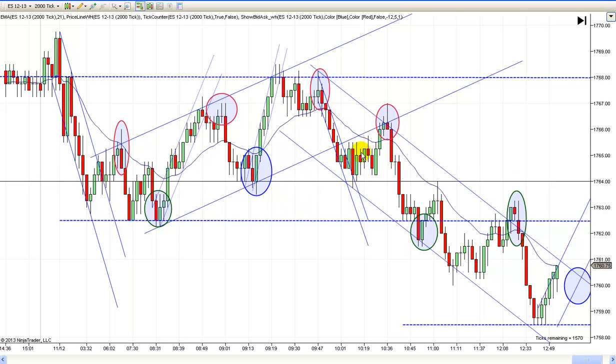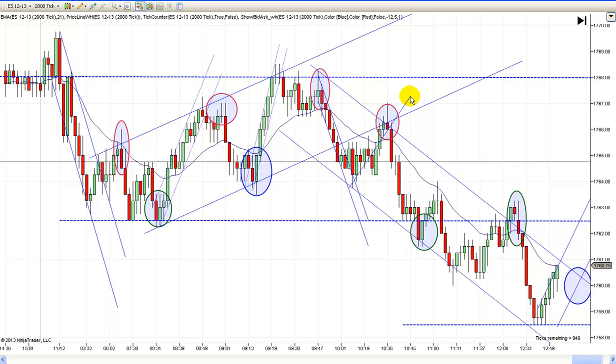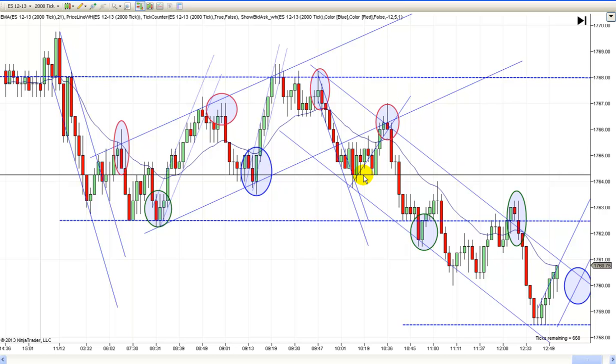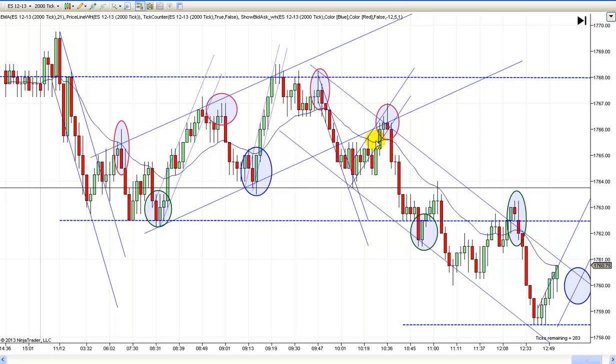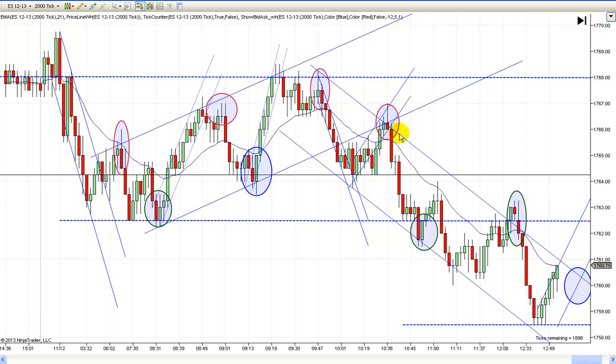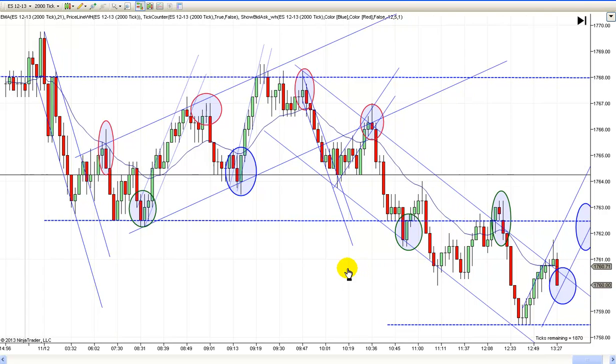You get the break, the retest, and then you get a couple legs up. And then, of course, you've got to draw one on the way back. And this one's moving right up through there. You can see it right there. For some reason, I drew that one twice. And you can see you got the little break, the retest, and it turns down, and it turns out that's where the channel was coming down in the end.